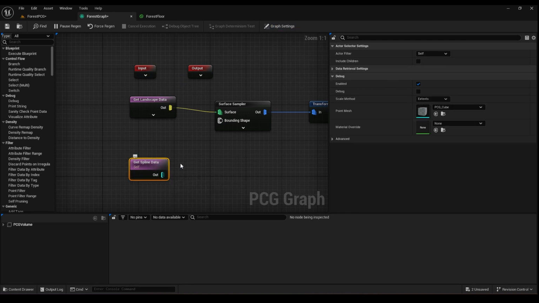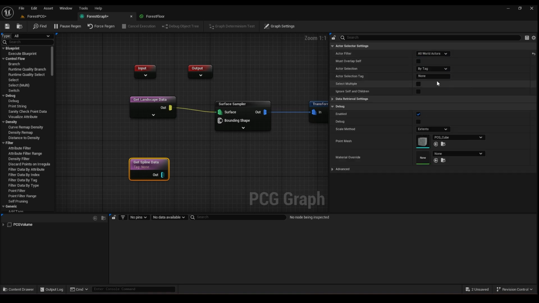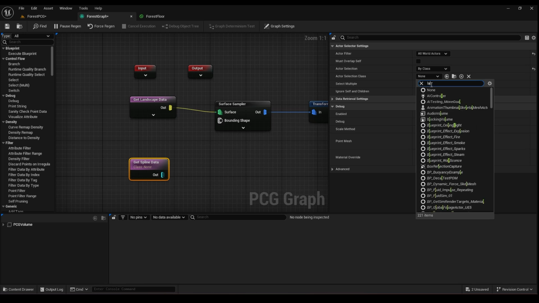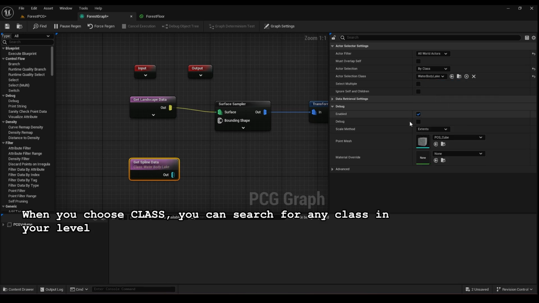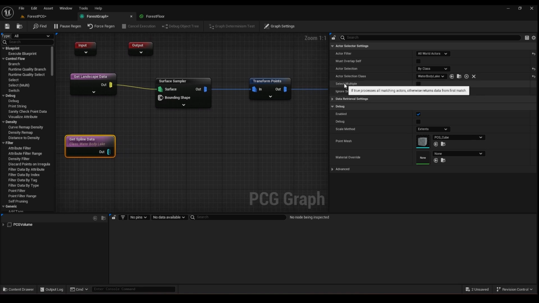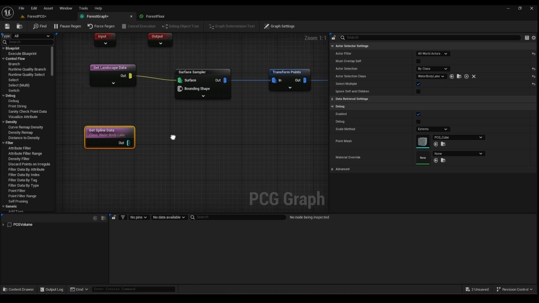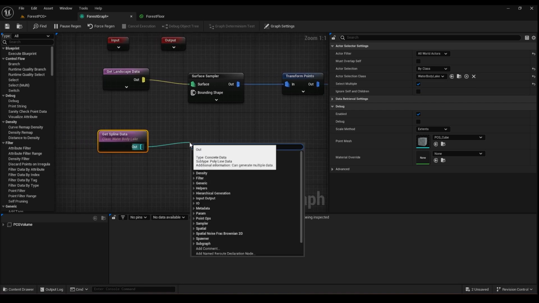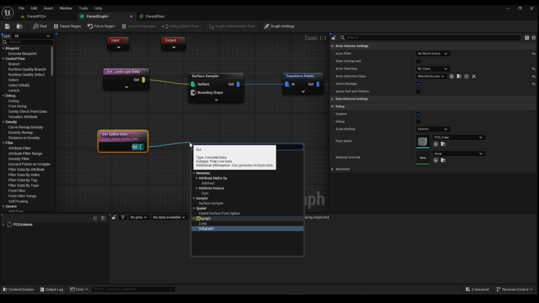And here, if I click in the spline data, I have actor filter. I have all world actors. And here we have the option by tag, which is really useful, but we're not talking about that in this video. It's just because you can create tags, but let's keep it simpler and use by class. In by class, I can search for lake, and then you have the water body lake. Because you have just one lake, it's fine, but if you have more lakes, you need to select multiple. And here you can go and use what you need to do. You need to sample the spline line. So I'm gonna search for spline line